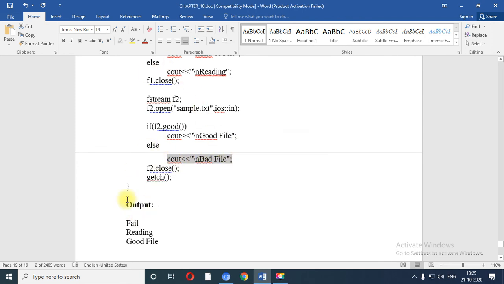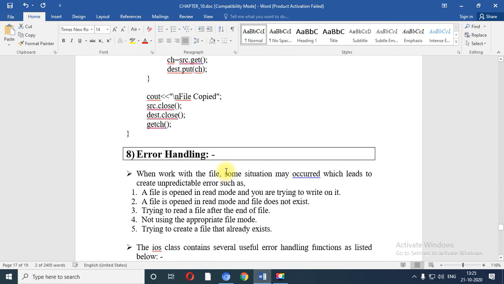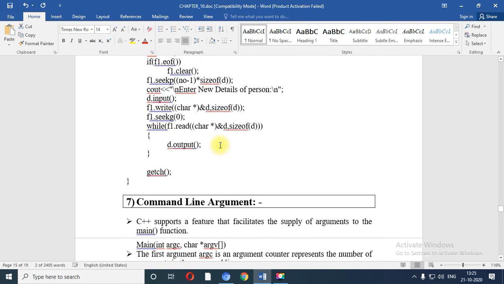So this is all about working with files in C++. 2 videos we have placed regarding working with files. I am going to repeat it once again, that this particular unit we are going to see only from the theoretical point of view, because it is important for the theory exam.